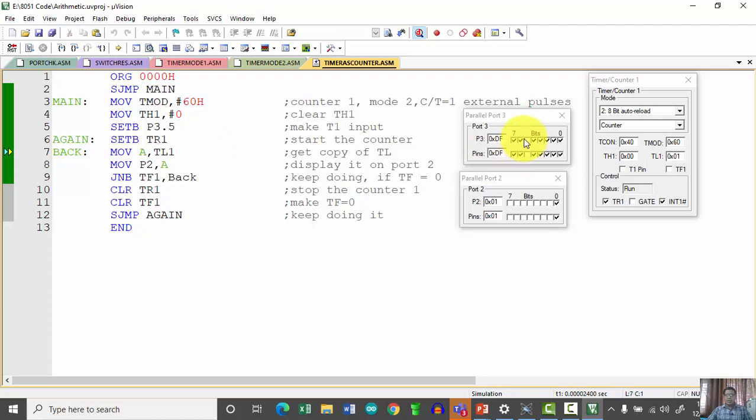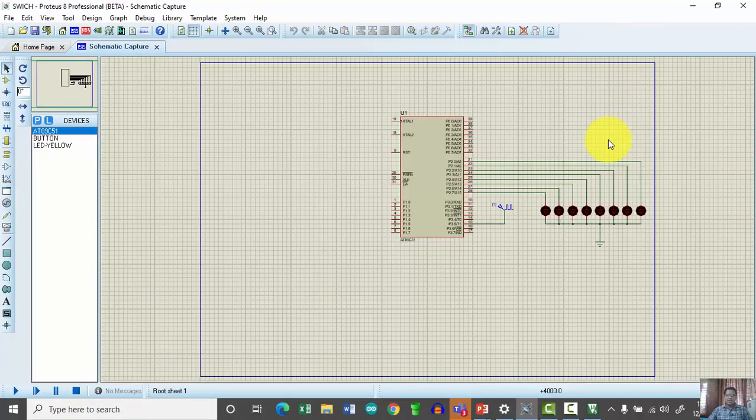Okay, now again this low to high pulse we are supposed to send. So low to high, 2. So I am now going in the loop. 3, 4, 5, 6, 7. It means we are simply counting these pulses. Okay, so let us see the same simulation in progress.